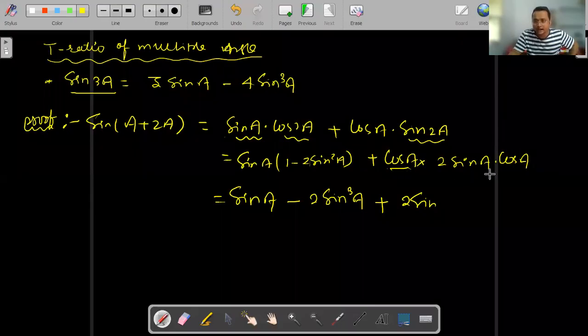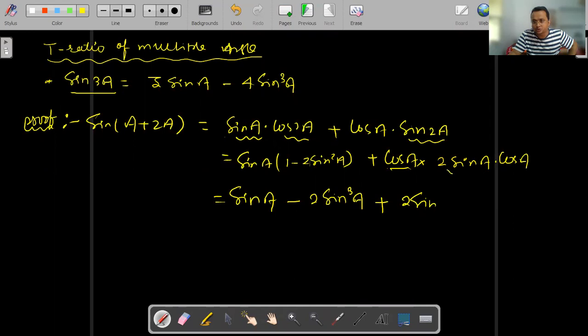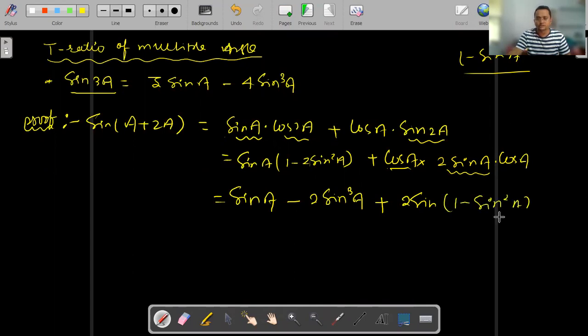Now you can see here. So cos a, and here see what I have written: 2 sine a cos a into cos a. What we can write? Cos square a. Can we write? Cos square a, and cos square a, directly I am going to write here 1 minus sine square a. Hope it is clear. Can we write 1 minus sine square a? Yes, we can write. Have you understood here? Yes, sir.